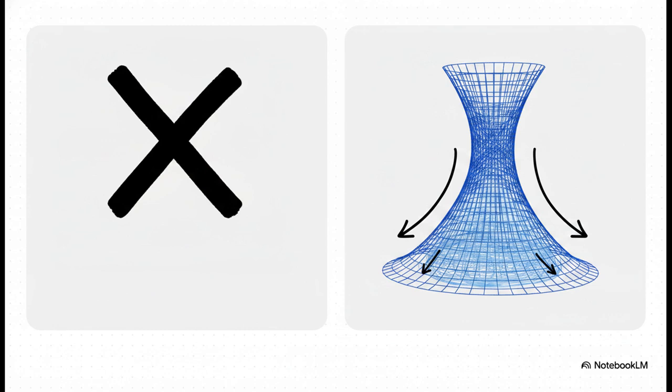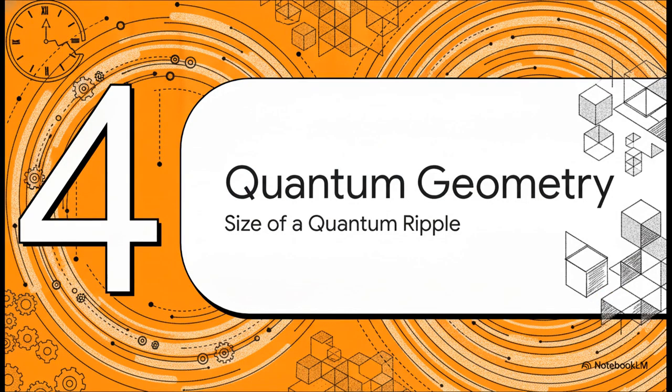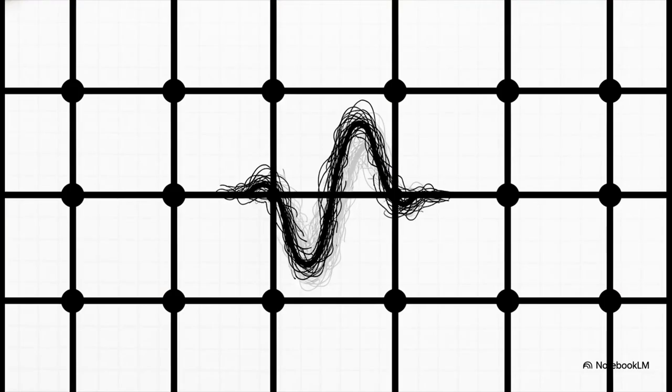Now, that brings us to a really fascinating question, and it's the perfect hook to launch us into the macromechanics of relativity. If energy and mass are really just localized mechanical tension and geometric knots in an elastic field, what on earth is happening to time? Why does time mysteriously dilate or slow down when you get near a huge cluster of these knots, like a supermassive black hole? Well, before we can unbend time, we need to cover Section 4, Geometry of the Quantum. In standard physics, energy arriving in these discrete, indivisible packages, quanta, is often just treated as an unexplained mathematical absolute. It just is what it is.